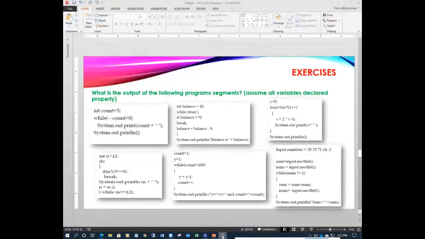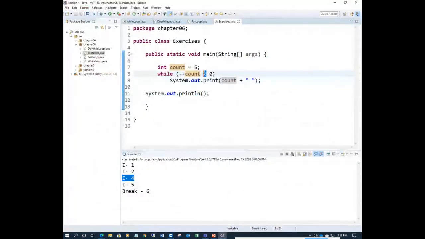Is it less than or greater than? Greater than, sorry, not less than. So 4 is greater than 0, true, right? So it will print 4, without any new line, because it's just print, not println, right?